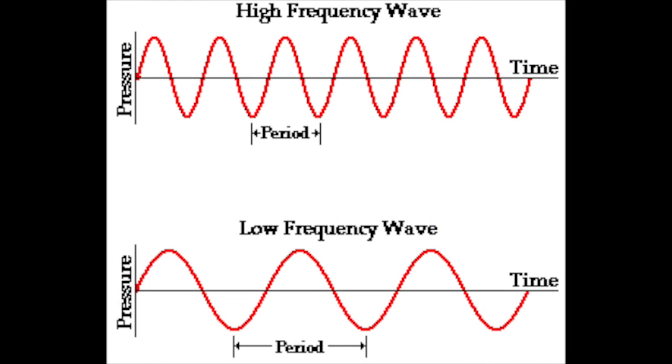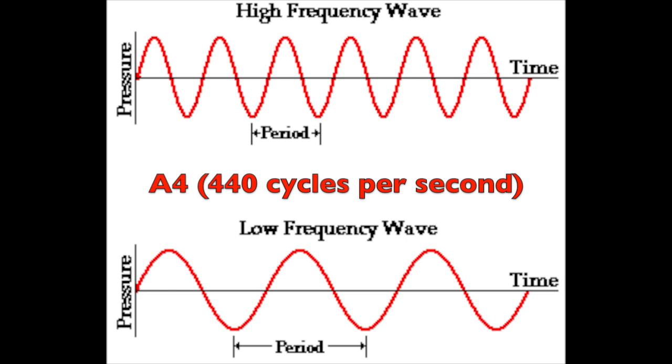The frequency of the sound wave is a function of the distance between the wave crests, as you can see in this image, where that distance is marked as the period. In the case of the particular sound you just heard, that frequency is 440 times a second, which is the pitch that is the standard tuning pitch for most of the world these days. The A above middle C, we know it in scientific notation as A4, is pitched at 440 cycles per second,